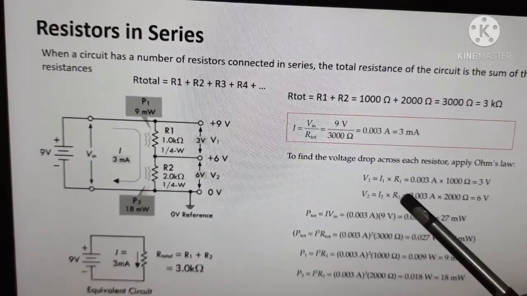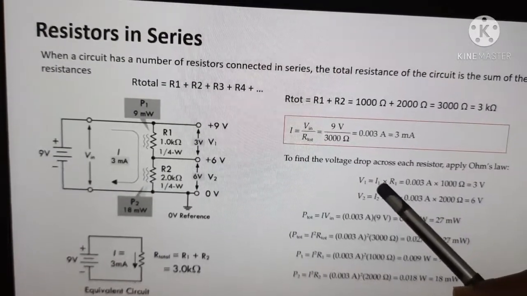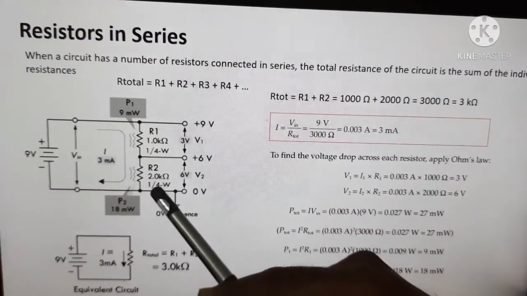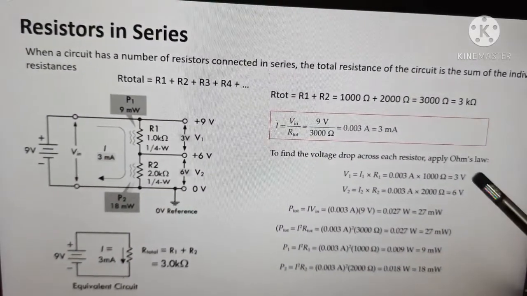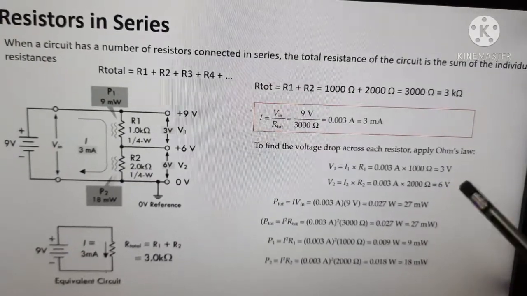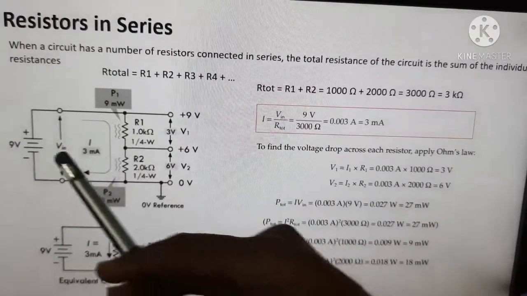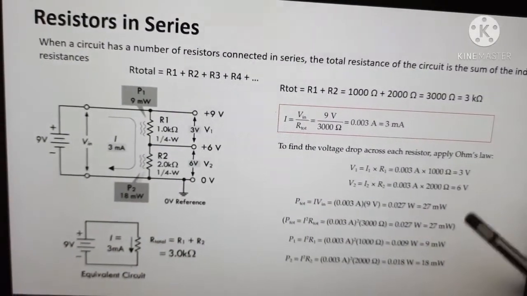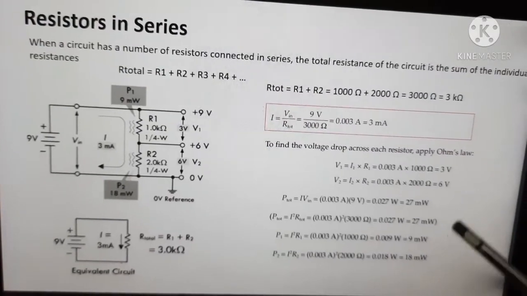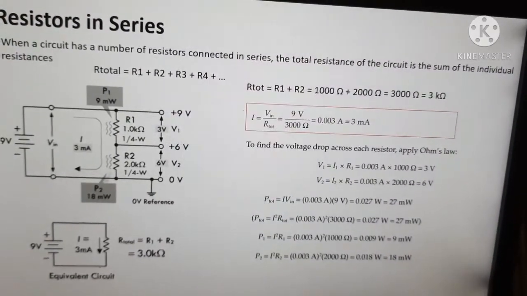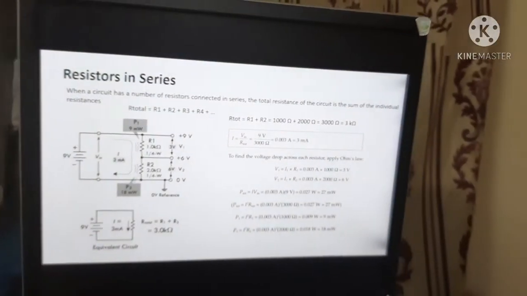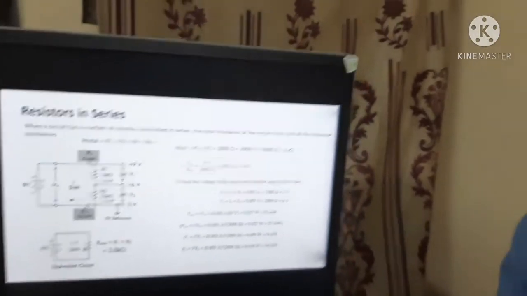The voltage drop is V equal to IR. So it is simple, 3 milliamperes into the particular resistance and 3 milliamperes into the particular resistance. You will get the voltage over here. So if you add these two, it is going to be your supply voltage. So 6 plus 3 is 9 volt. That is your supply voltage. Like that, if you add up the power also, the power is the same as the source power. This is all about resistors. We will do the practical for this and we will understand better how the series resistance will dissipate the power.